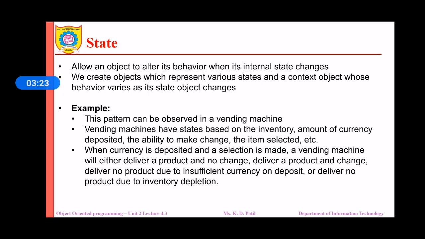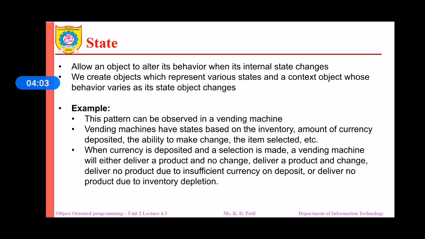It allows an object to alter its behavior when its internal state changes. We create the objects which represent various states and a context object whose behavior varies as its state object changes. Now let us take the example of a vending machine. A vending machine has state based on the inventory, amount of currency deposited, the ability to make the change and the item selected, etc. Now, when the currency is deposited and a selection is made, a vending machine will either deliver